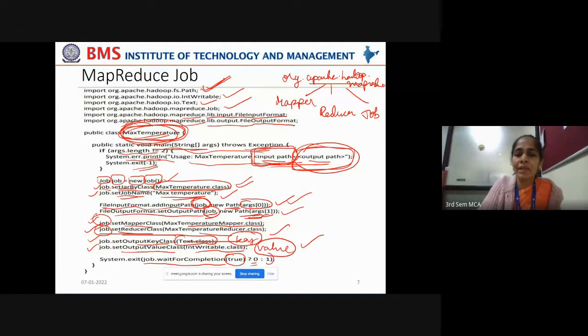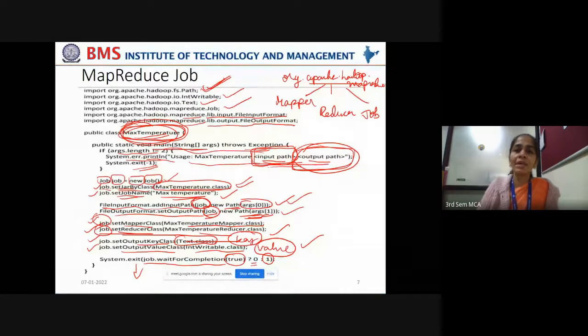Once the job completes execution, it gives 1. Now, when it gives 1, System.exit indicates the exit of the entire job, that the job is complete and the program execution is terminated.